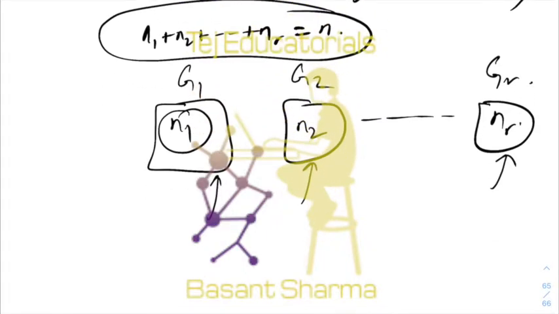Once you have selected some n1 objects and decided to put them in group 1, it does not matter how they are arranged inside the group.